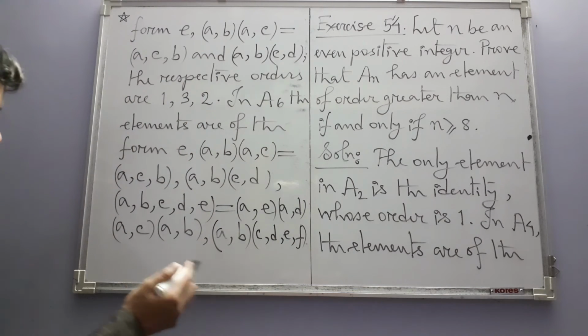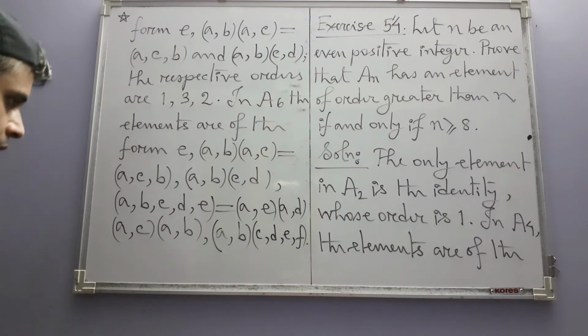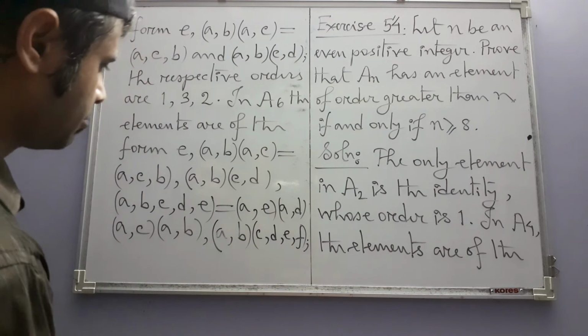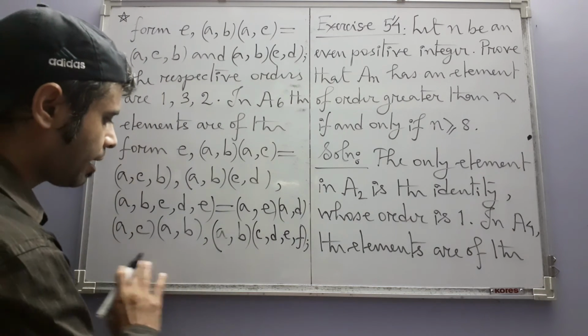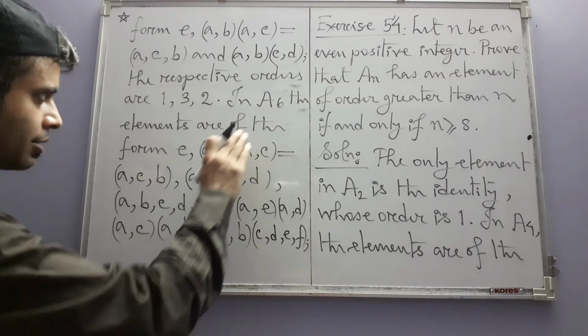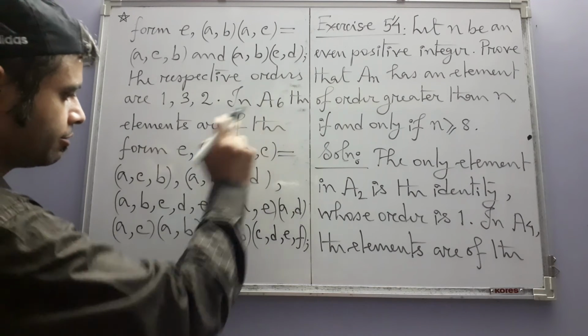And both of which are even, so this is also even. There is no need to show this as a product of an even number of 2 cycles. And that's just about it. I mean, there are other possibilities, but they will give you odd permutations, not things in A6, but in general in S6, outside of A6,